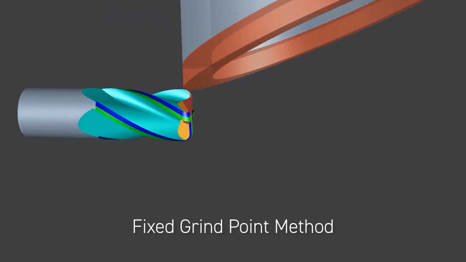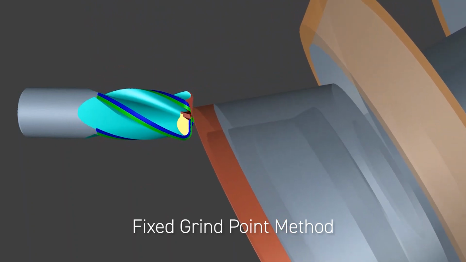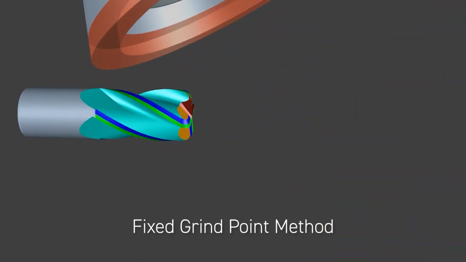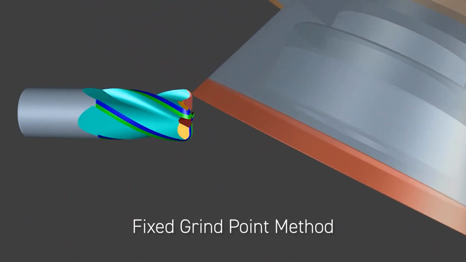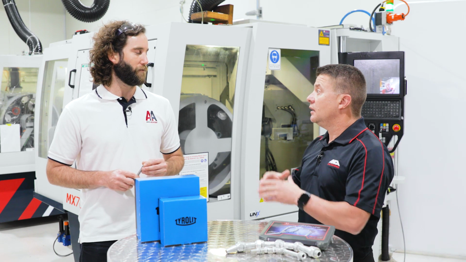Sure. And fixed point grinding is probably, we class as the most accurate form of corner radius grinding, where it uses the same point of the wheel as it goes around the radius. However, the only setback to that is if we're in a high volume production environment, using that same point on the wheel, we can get premature wear. Right. And therefore we may need to manage that a little bit better and potentially have a second wheel pack.